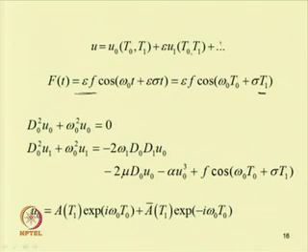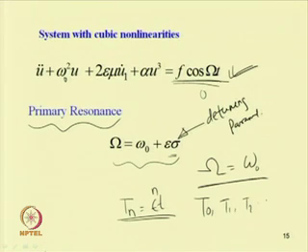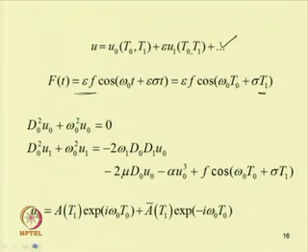Now, substituting this in the original equation, and substituting d by dt equal to D 0 plus epsilon D 1, the higher order derivatives also can be written in terms of T 0 and T 1. So, writing those terms, putting them in the original equation and separating by the order of epsilon,